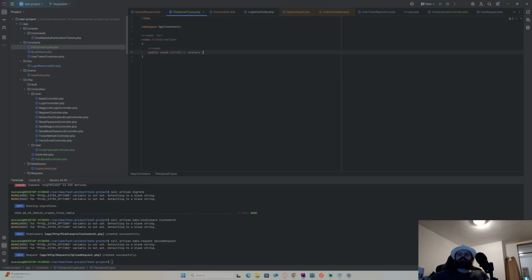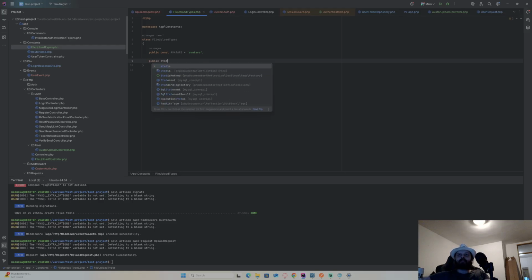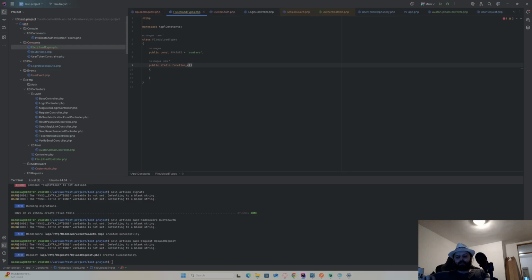And now I'm just gonna do a few public static functions. The first is gonna be repository by type, and this is gonna be fileable repository. Let's just call it fileable repository. Then fileable repository, and it's gonna take type, and it's gonna have match here. For now it'll just be on one type, but okay. I know this will be a bit of a big chunk of logic, just bear with me, you'll see what happens in the end.